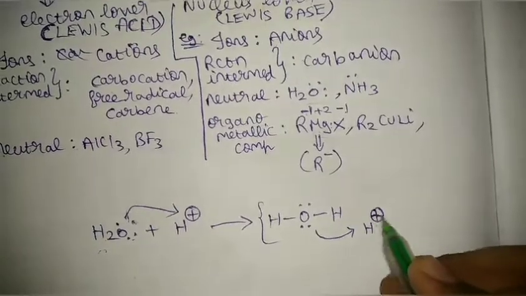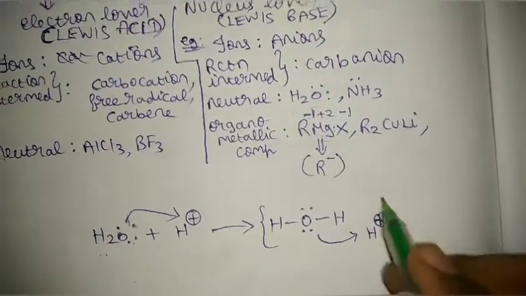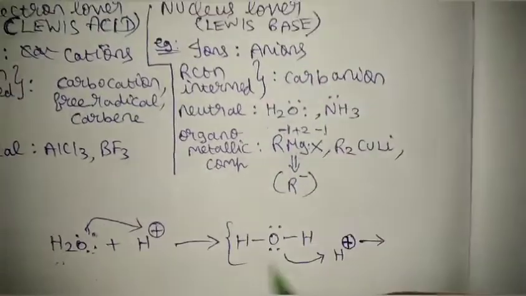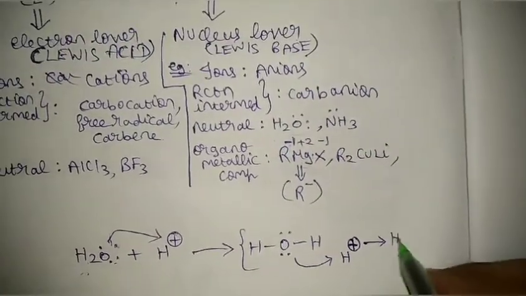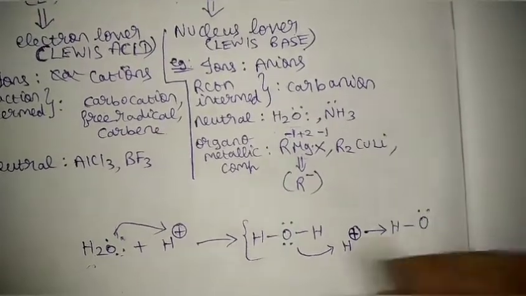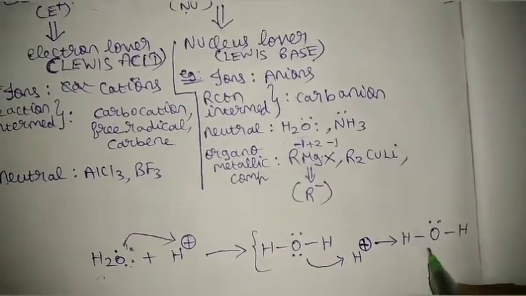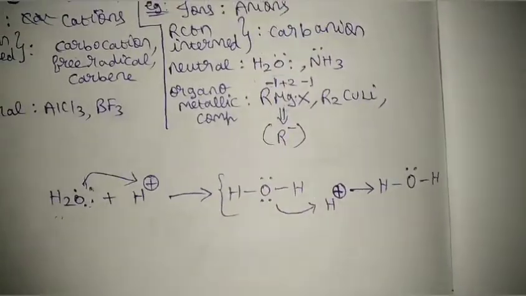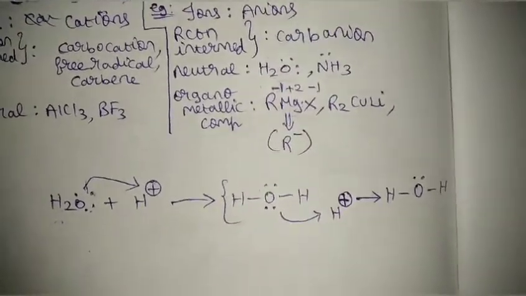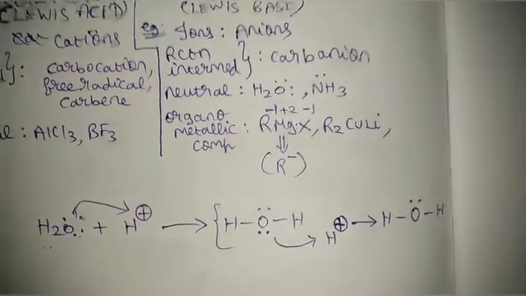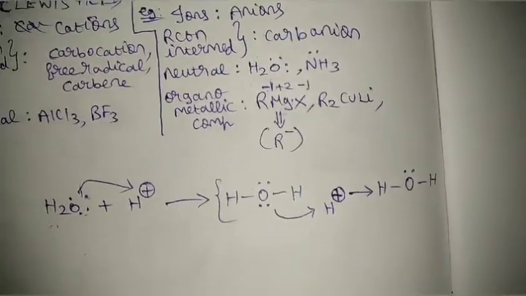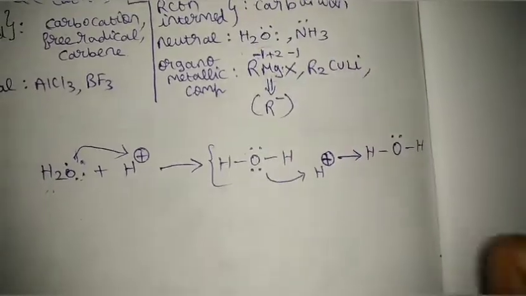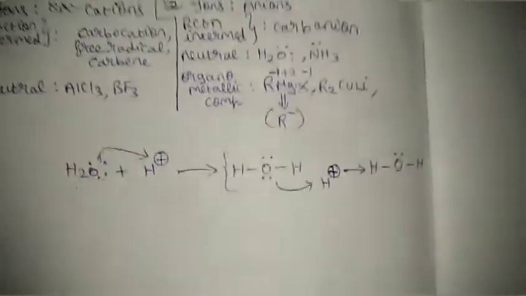What will happen, H plus is already having a positive charge, meaning it is having a vacant s orbital here, okay. So this will come here. So H, O, and this lone pair will remain as such, and H will come, and these two electrons form a new bond. This is the key concept of reaction mechanism basically. Whenever a pair of electrons is donated, it forms a new bond, okay. You have to remember this concept forever, okay.